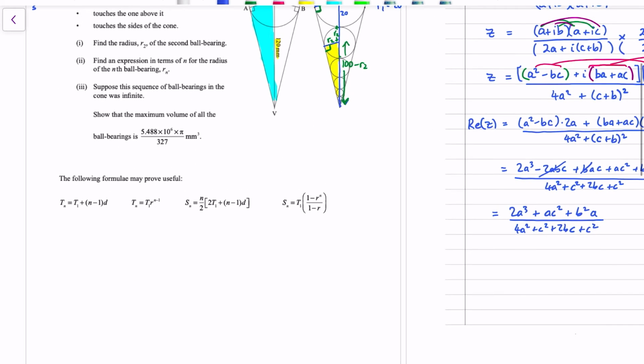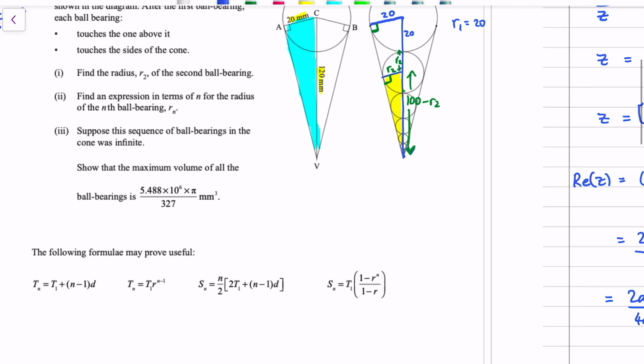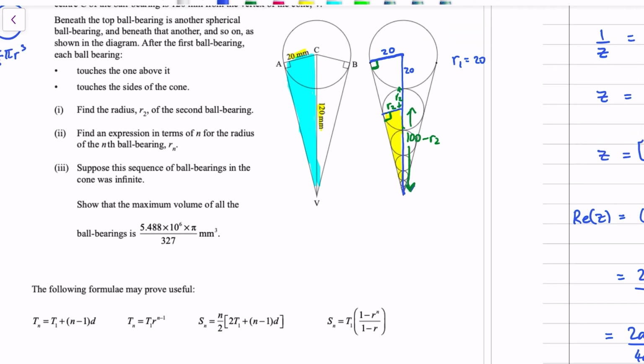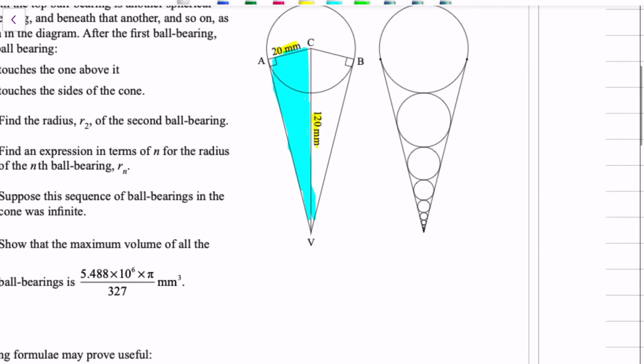And the question then asks us to find an expression in terms of n for the radius of the nth ball bearing. So this question is scaffolding us into the third part. So I'll just repeat this process, this time just to have a look at one more. Whenever there's a sequence or series, try and explore it by seeing if you can find a pattern between the first few terms. So if I put that line back in there,